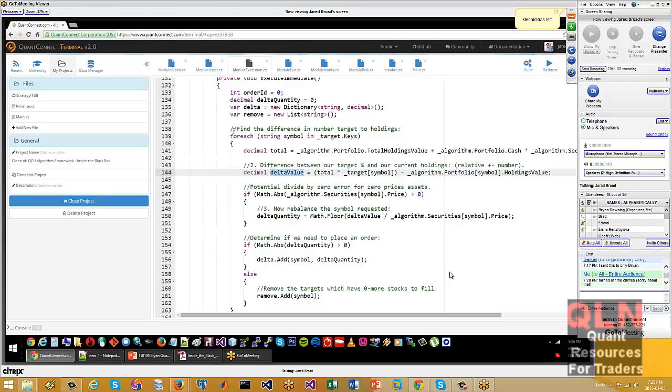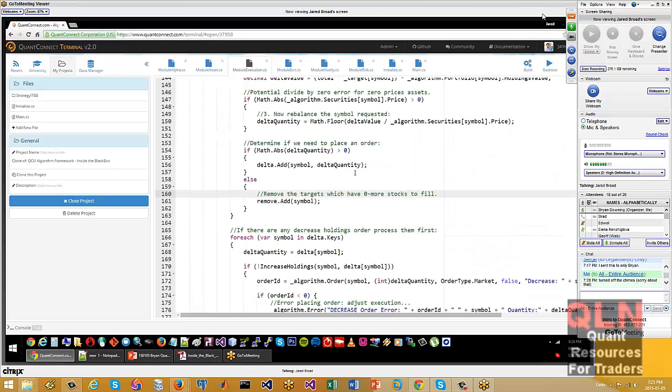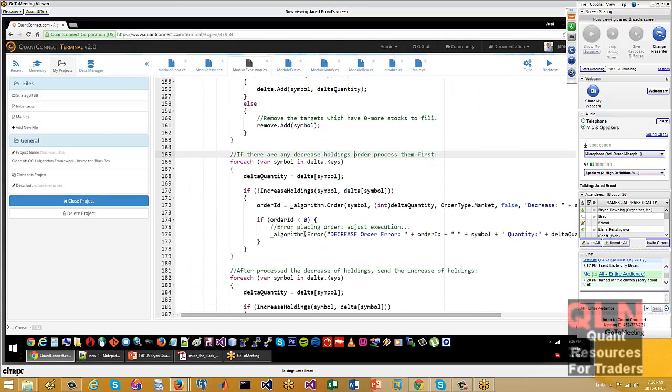So firstly, we go through and find where we need to remove stocks, so that we can free up the buying power and free up our cash. So we remove them, and from here, we have an order.